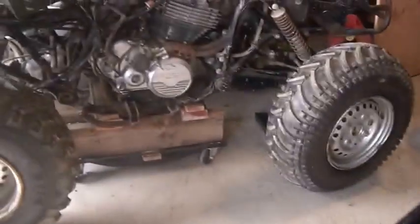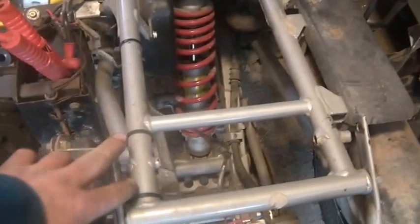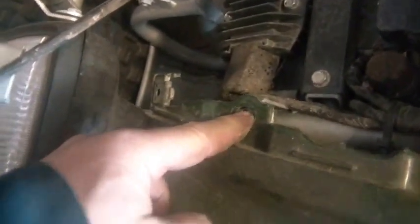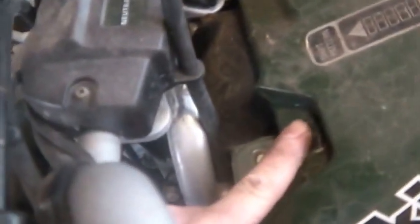I'm also looking to see what hardware I need to put these things back on. And for the back here, it looks just like standard bolts. So that's really no big deal. For the front, looks like standard bolts through the fenders, right? And they got a bar that comes across. For the nose plate, looks like they're using different things. This looks like a standard bolt, but then that, and that, they look like those weird, like these things,